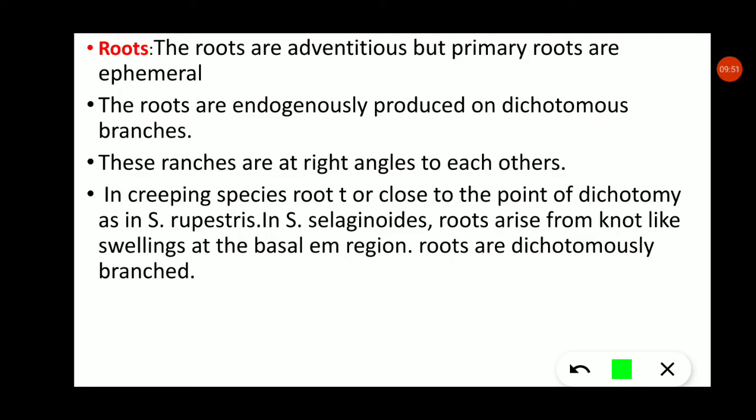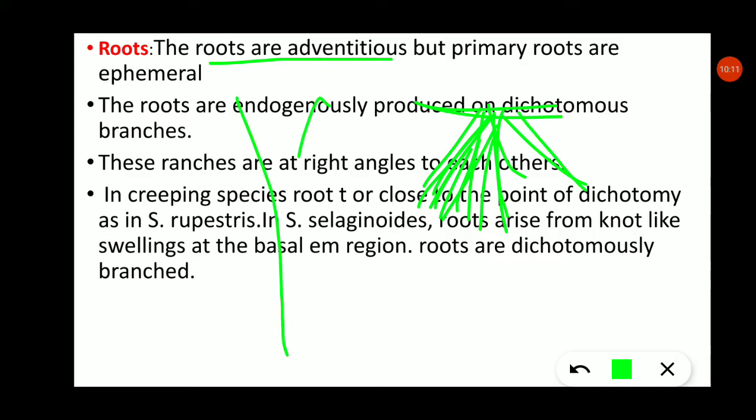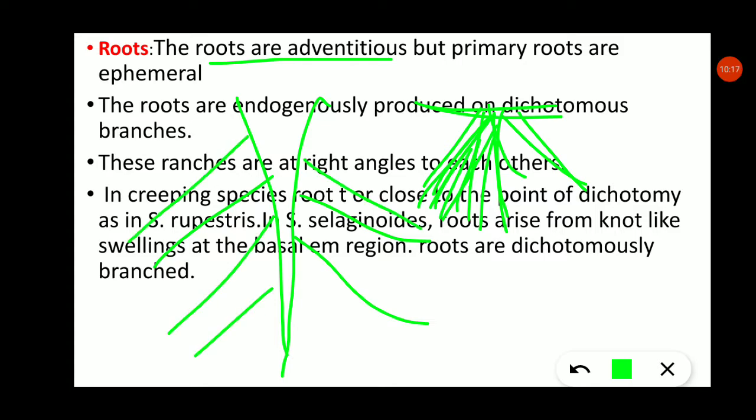Taproots are found in the angiosperms, mostly in dicotyledon plants. But in the pteridophytes, the roots are adventitious. Adventitious means hair-like and fibrous roots; a hair-like and fibrous root is known as an adventitious root. Likewise, a taproot looks like this: this is the primary root, then they form the secondary roots. This is the difference between primary root, adventitious root and taproot.